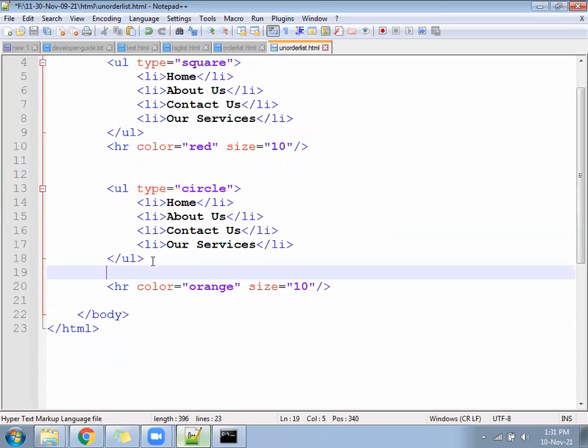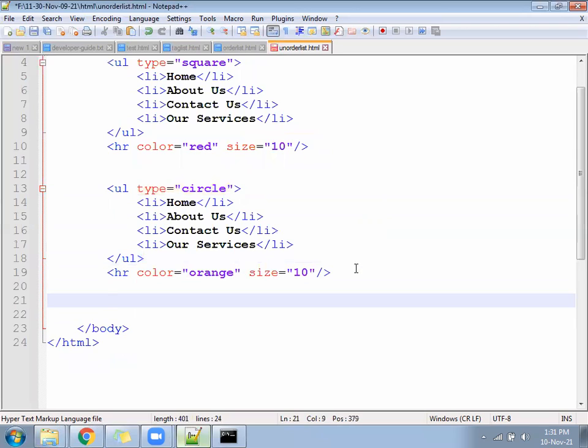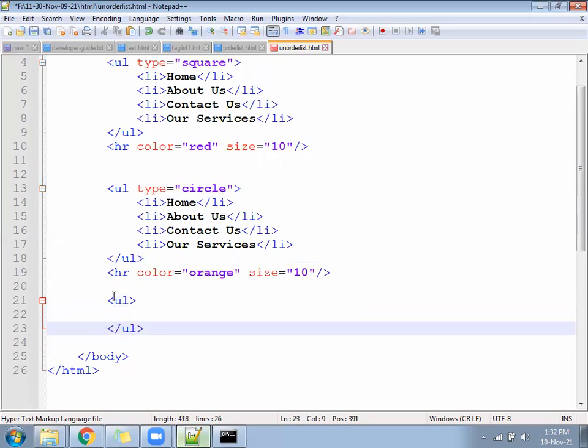Next, we have one more type, disk. So we can write here the next UL with type equal to disk.